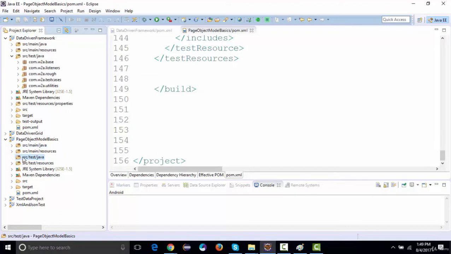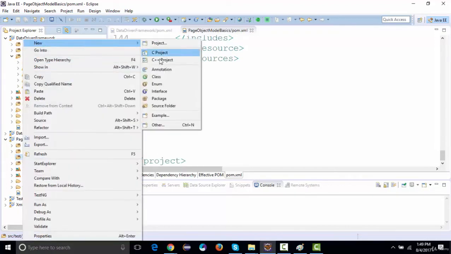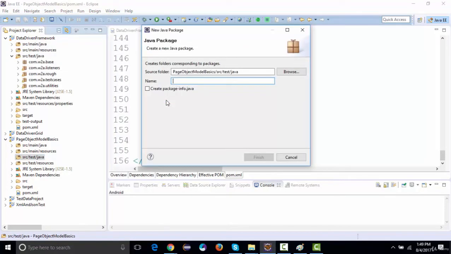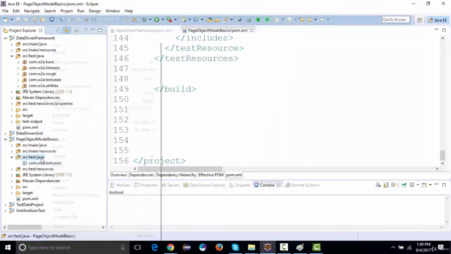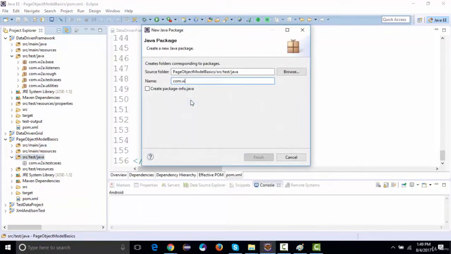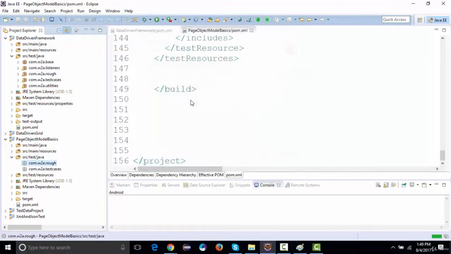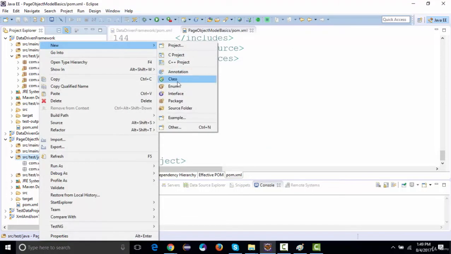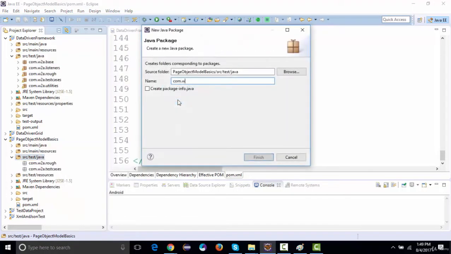I'll be creating some packages over here. As in, the packages will remain the same as we have seen in data driven. There will be a package com.w2a.testcases where we'll be designing our test cases. I'll be creating a package com.w2a.rough. We'll be doing all the rough work over here. We'll be creating utilities